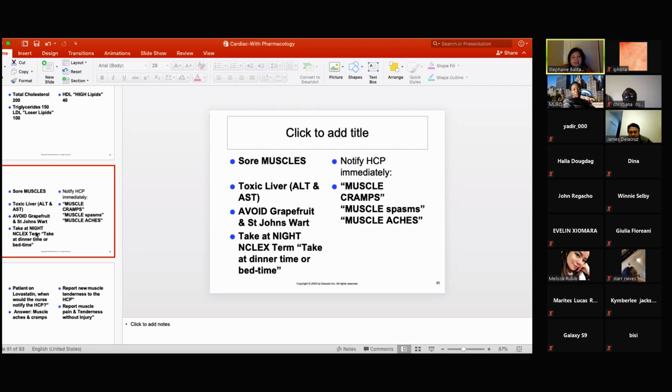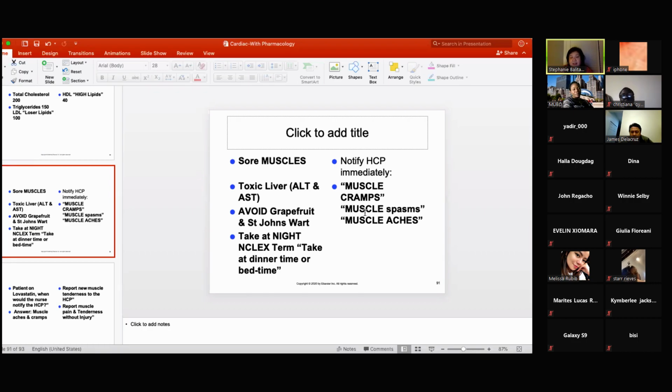When do you take your cholesterol lowering medications? At night. You've seen questions like that, right? A very big thing for NCLEX: take it at dinner time or at bedside. So now you know. Notify the healthcare provider immediately if your patient is complaining of muscle cramps, muscle spasms, and muscle